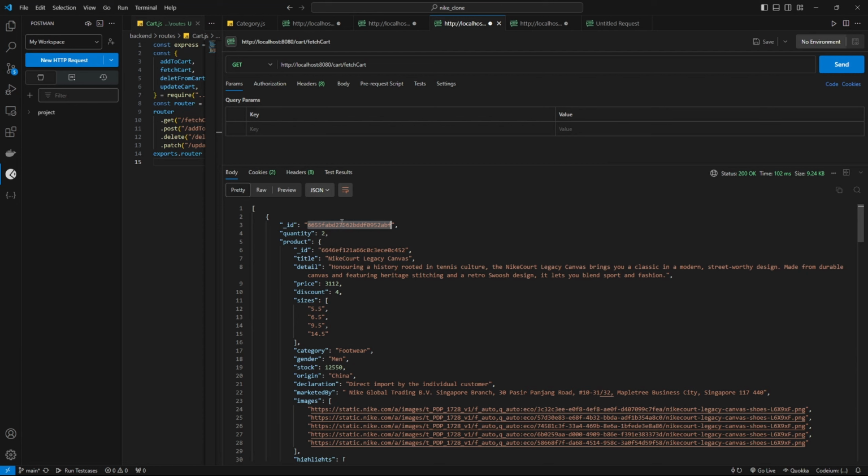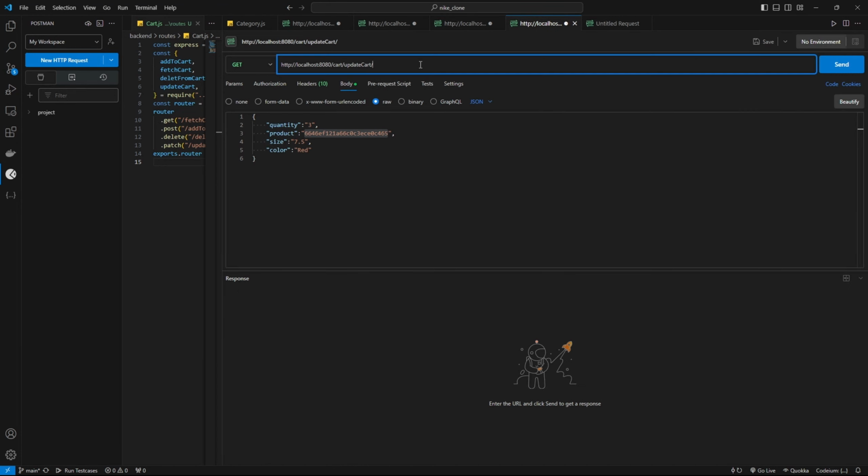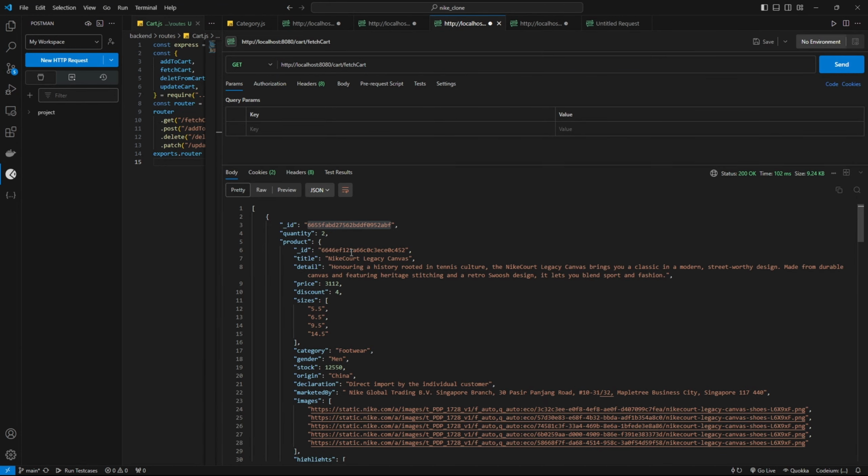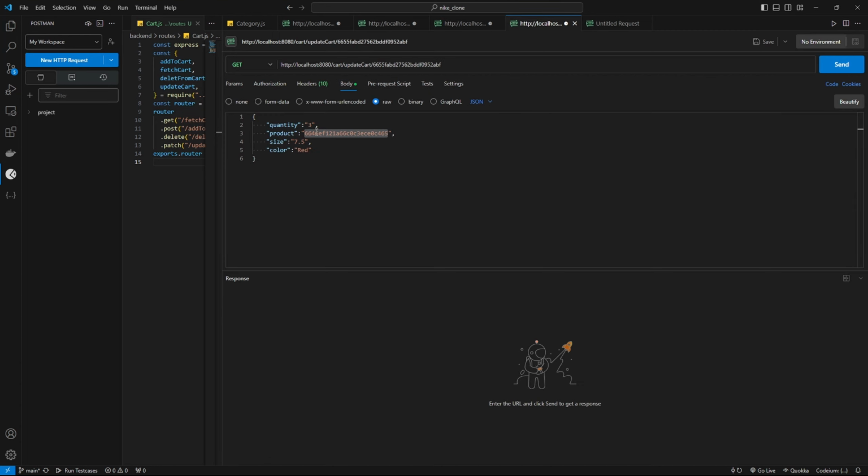We need to give this one as the parameters in the update cart, and here we need to give the same product up here, otherwise it is going to change the product also. And here let's make it quantity of 15 or 165. Okay, not that much, let's make it 4, and the sizes are let's make them default white,